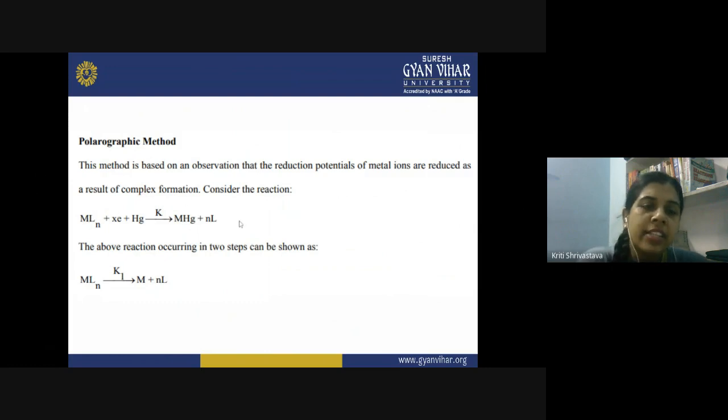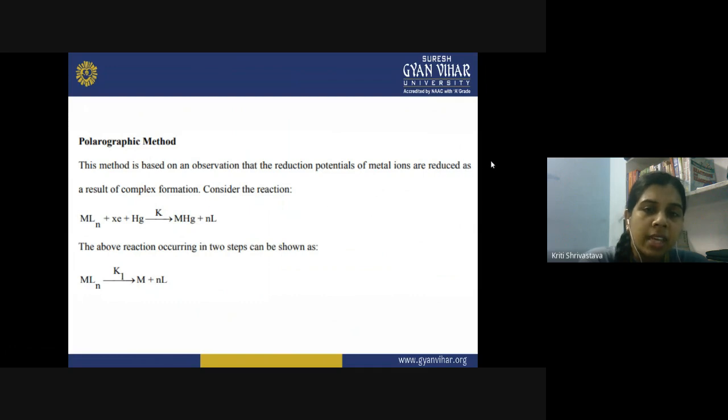And this is the reaction that we have taken into consideration. Our analyte is some metal complex solution, and when you perform the polarographic experiment, this complex species moves towards the cathode, gets electrons from there, and is reduced. What happens after the reduction? Now the metal will assume its zero oxidation state, and in the atomic state it goes into the mercury. When a metal dissolves in mercury, you call it an amalgam, right? So amalgam is formed and your ligands are now free.